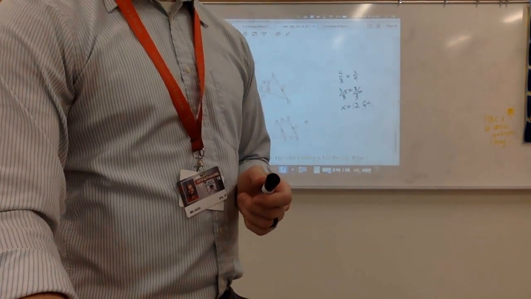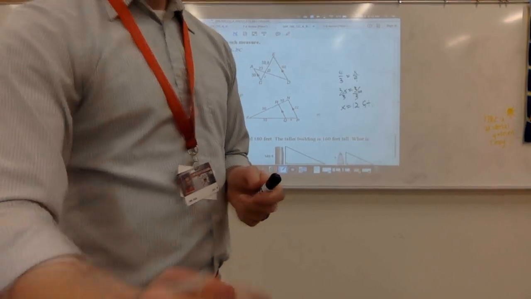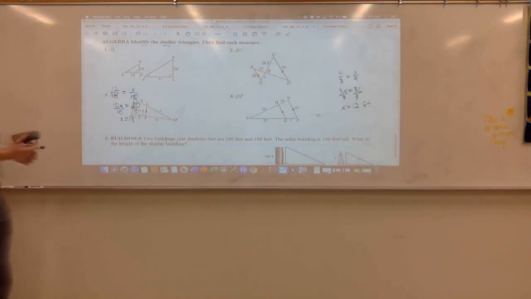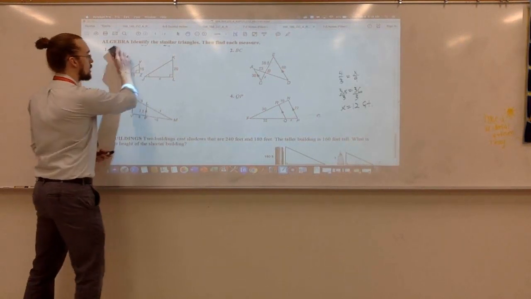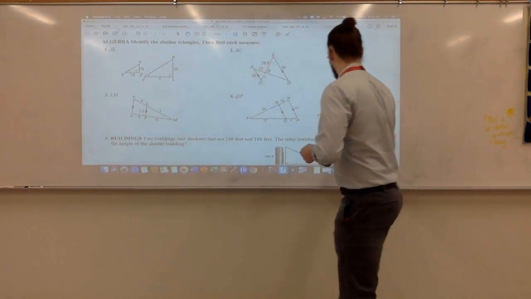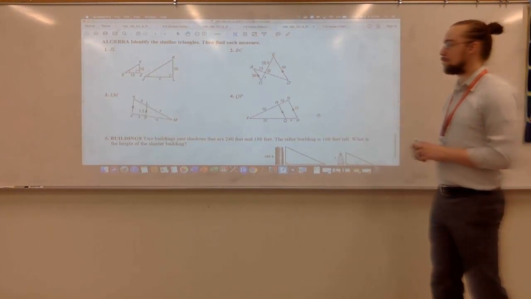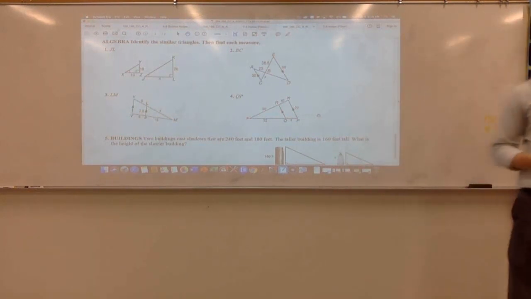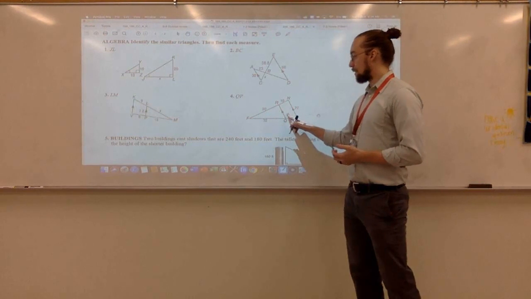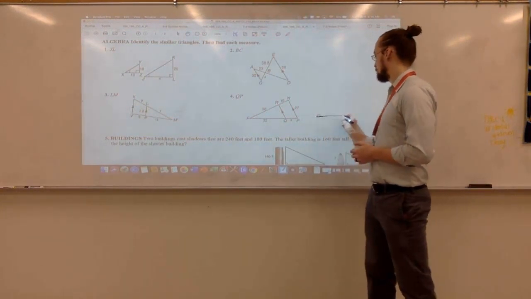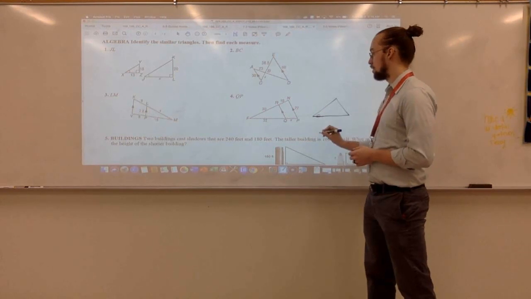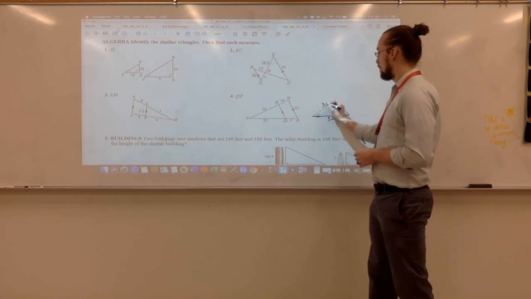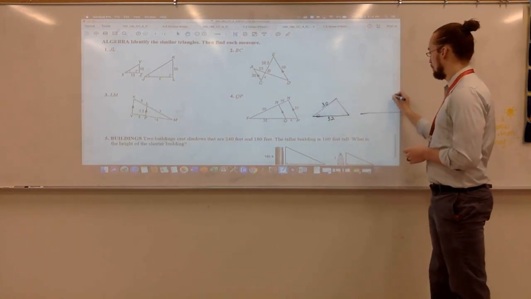So then in the exercises down below here, it first asks us to identify the similar triangles and then find each measure. Actually, I want to do one of these together first. Let's do number 4 together here. We've got a triangle inside of a triangle. Whenever we have a situation like that, it's going to be beneficial to draw the two triangles separately. So if I draw this little one, I can see I've got these sides of 32 and 30. And then if I draw the big one,